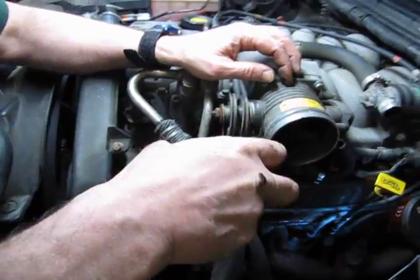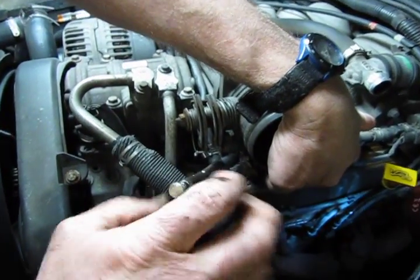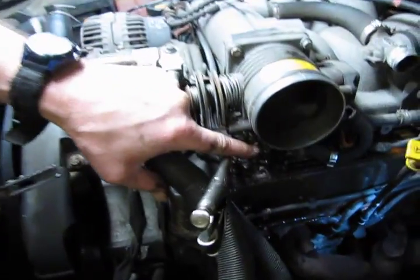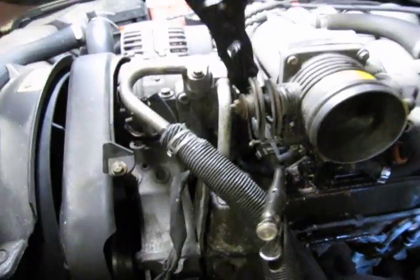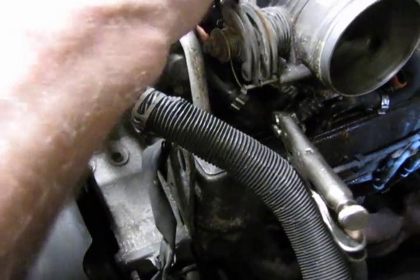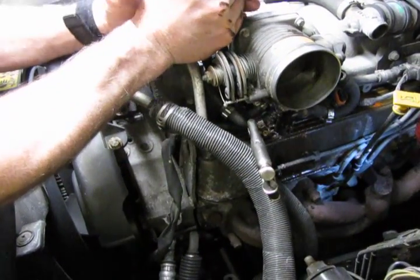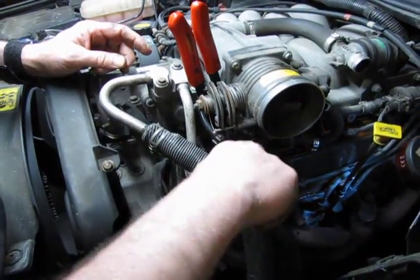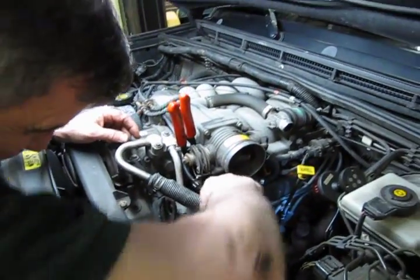So if we can get through the mung that's developed on the clamp, we're going to back that clamp off. We got that broken loose, but we're not going to remove it yet. We're going to take the second tool. We need to sneak in there so that we can pinch off the back hose. The reason we want to do that is because if we pull off the outer hose without clamping this off, what coolant we have all the way through here is going to push out and make a mess. So now that we have that clamped off,